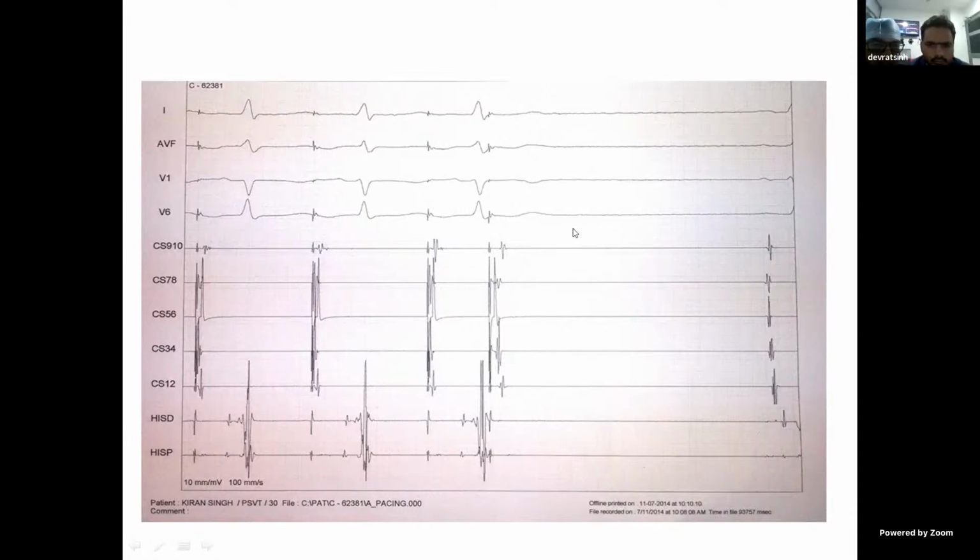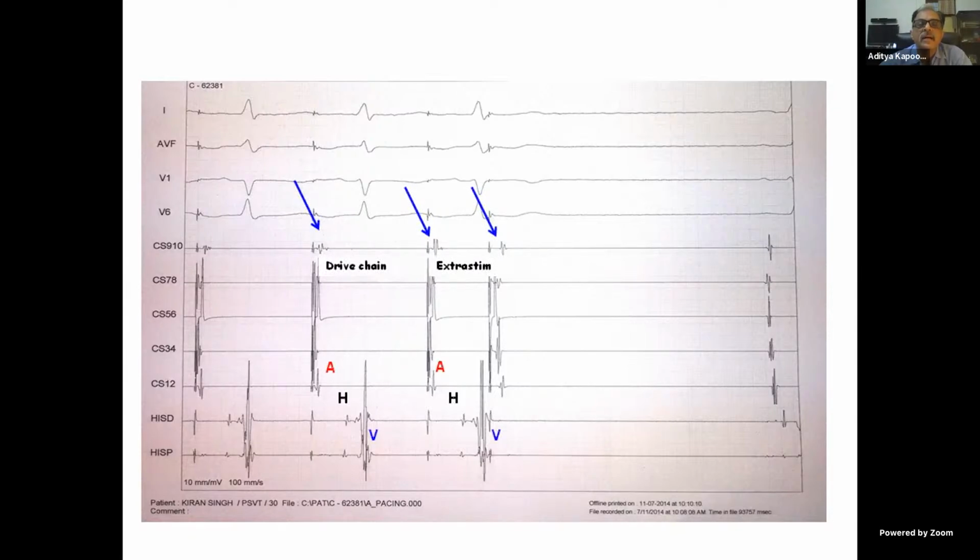Yes, sir. So it is easy to see. Sometimes when you see the tracings, you don't understand which channel to look at and what to do. So if your principles are clear, you will see it clearly and quickly. Drive chain, extra stimulus, the last. If I now map it with this,